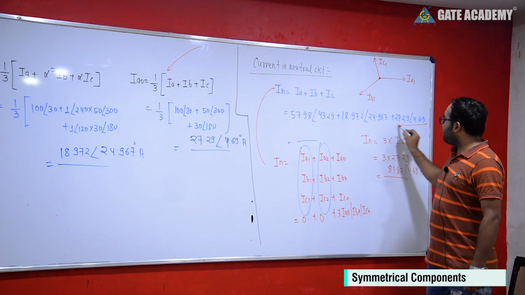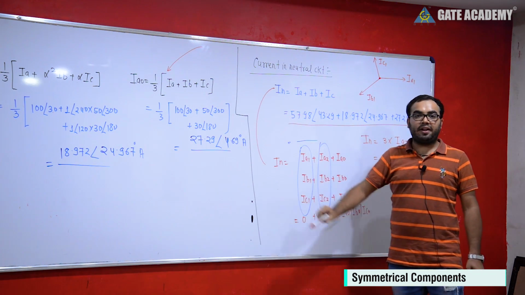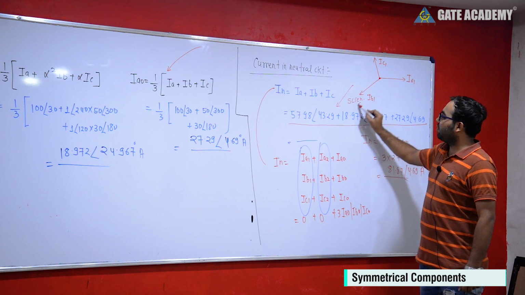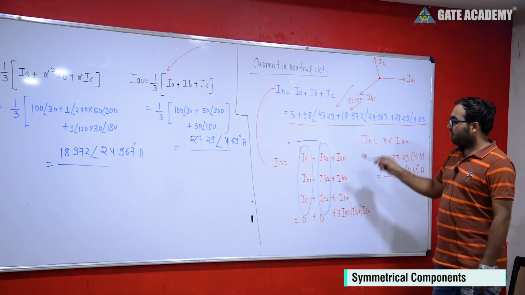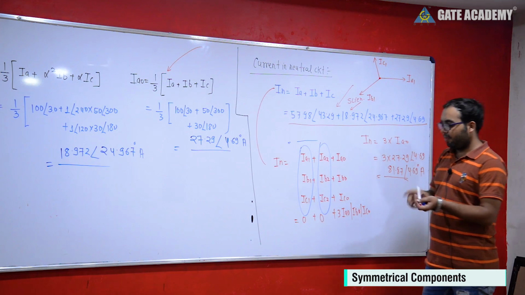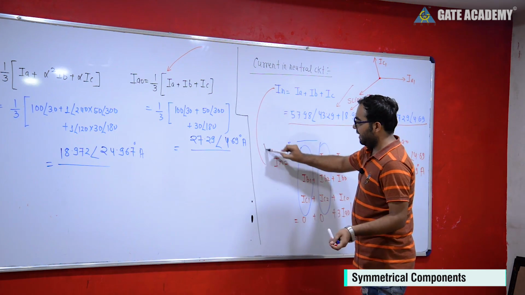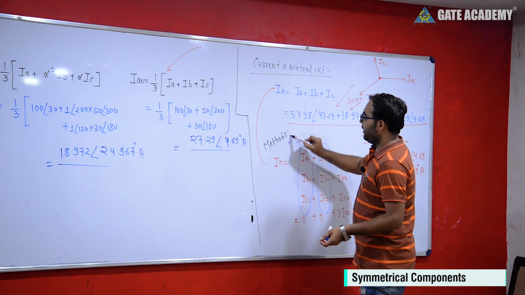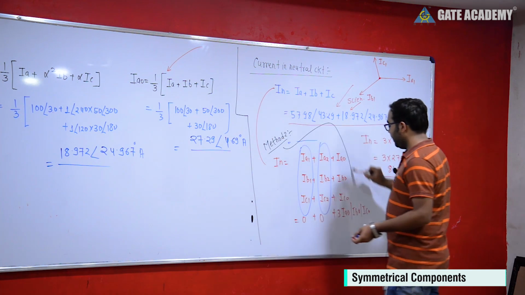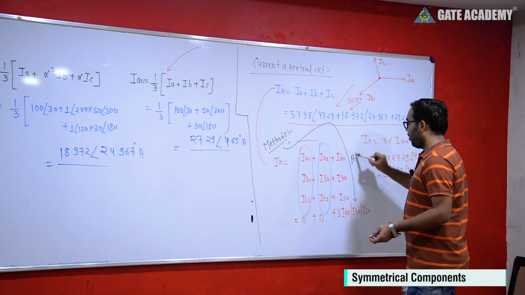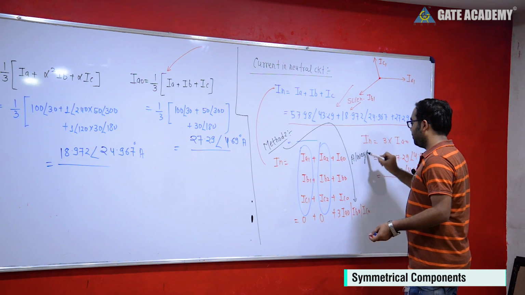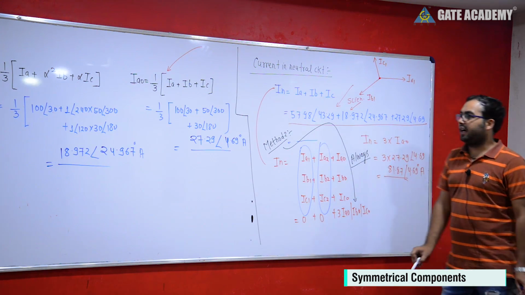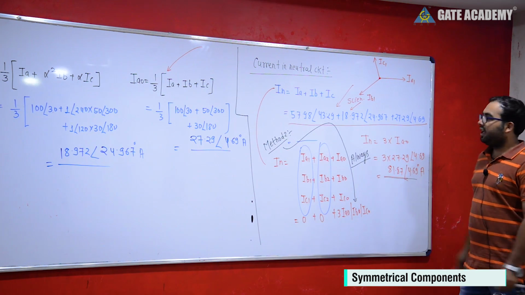And if you solve by using the other function, it will be quite difficult. If you have a scientific calculator, then you can solve. By virtual calculator, it is quite difficult. So for competitive exams, you have to focus on this method number 2. Whenever there is a neutral current, use this basic property: neutral current is always equal to 3 times of IA0 during abnormal condition. So this is the final answer of the neutral current.